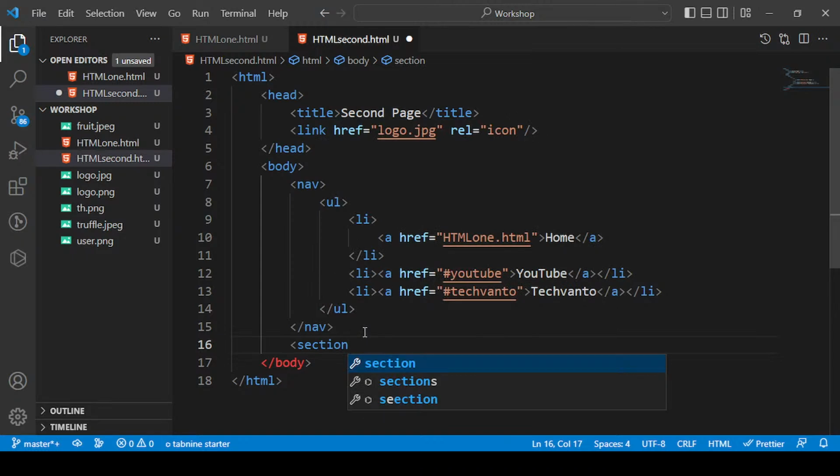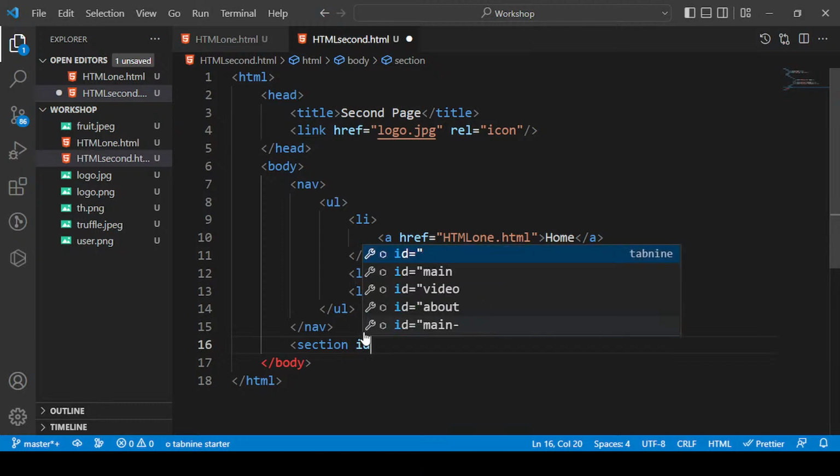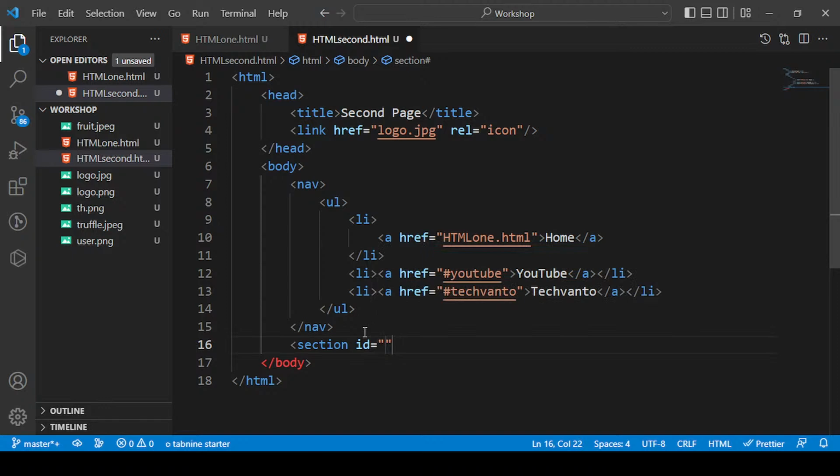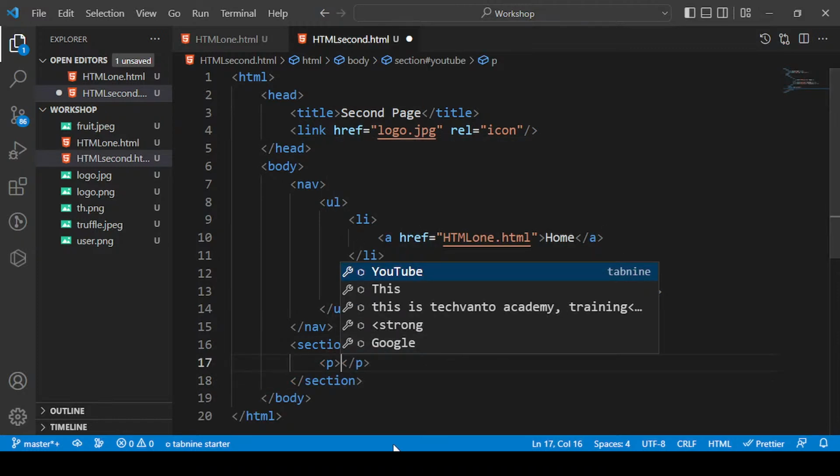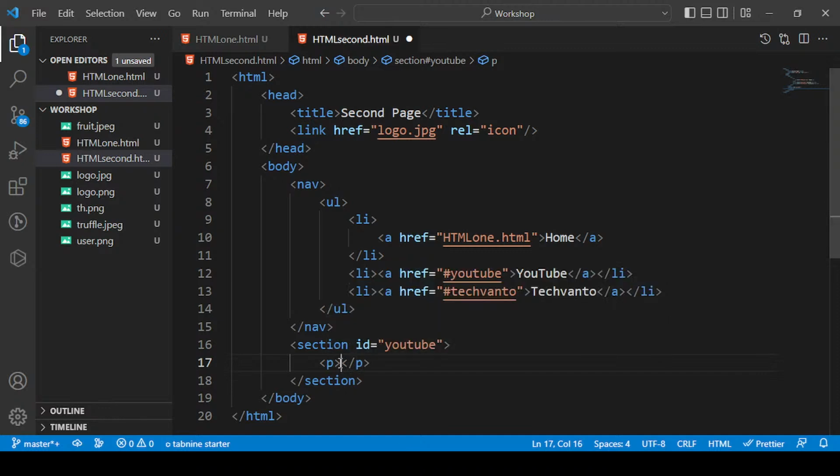If you want to go down, the section is for the things at the bottom of your web page where you need to scroll so much. To avoid this scrolling, we use the section tag, right? So if I use this first of all, YouTube is the section, this is the section ID. Now in this I will put some dummy text, so it will be using a p tag, and